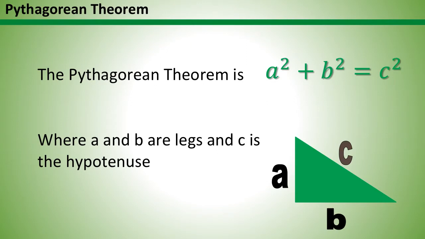So the Pythagorean Theorem is right there. It's a squared plus b squared is c squared. And we basically use it to solve for missing sides of a right triangle. Okay, so if I have this right triangle right here, and this is my right angle,